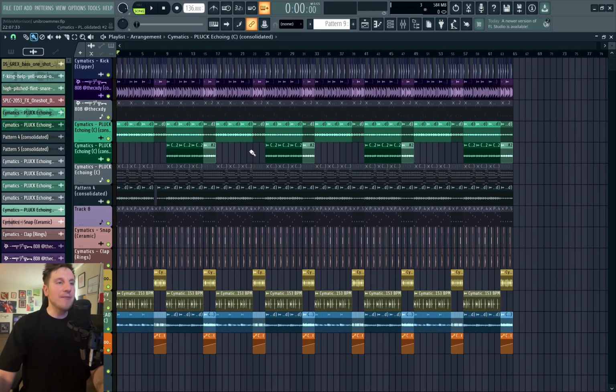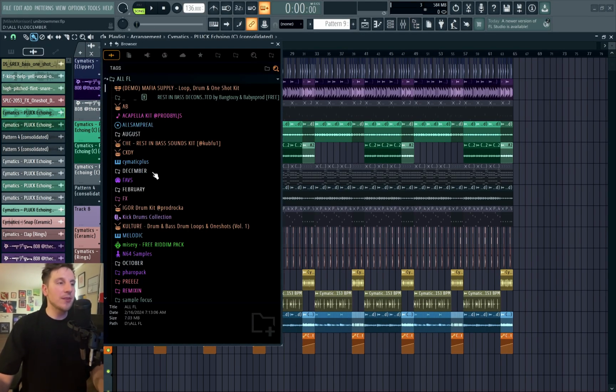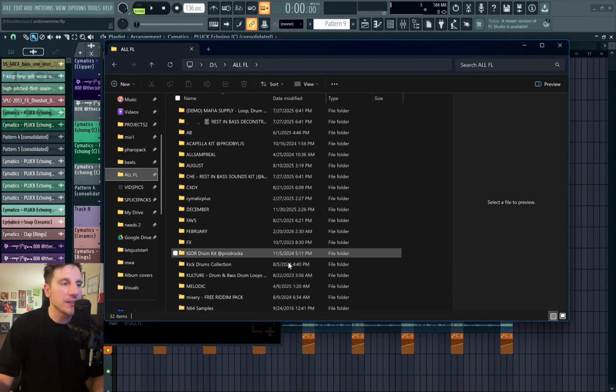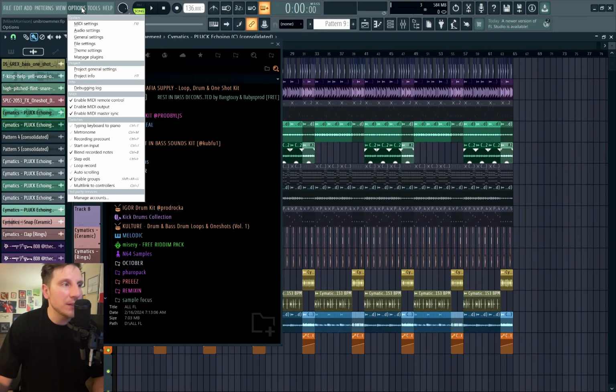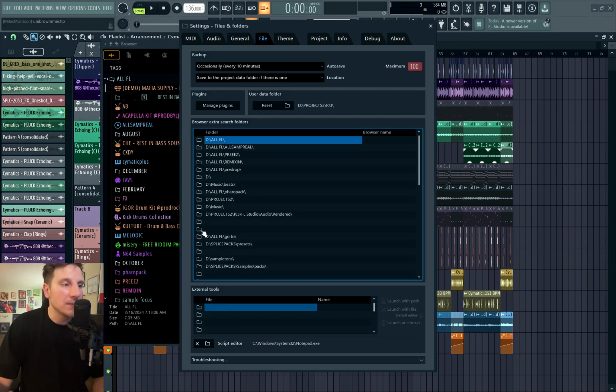The only window I have not mentioned yet is the browser. This is where you will find all of your samples and channel presets. You decide what's going to appear here externally on your PC. Once you have these files mapped out, you're going to go to Options, File Settings, click on these folders to